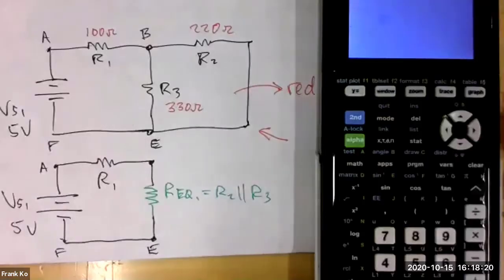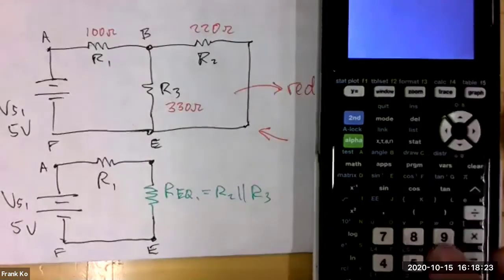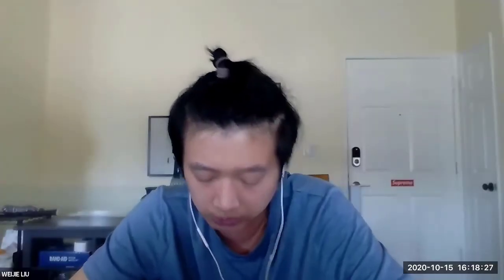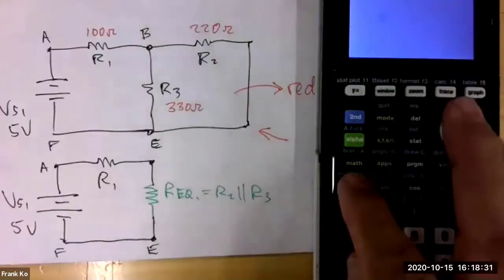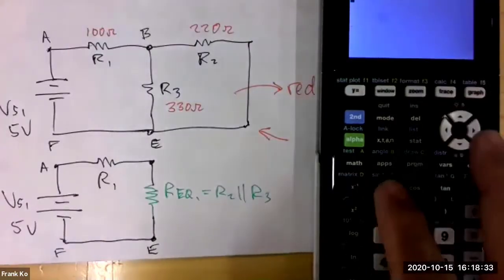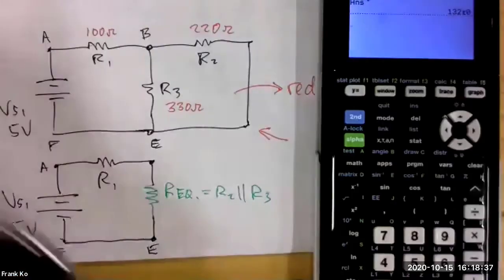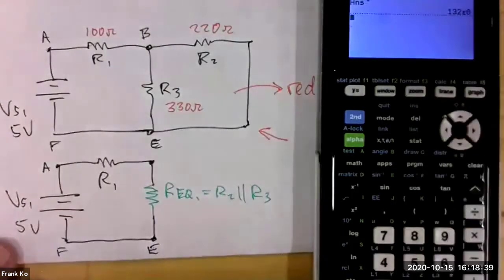Correct. That's the process. And what is it that you calculate? 132 ohms. 132 point what? Exact 132. Wow. Okay. It worked out to be exactly 132. And yes, the calculator does verify